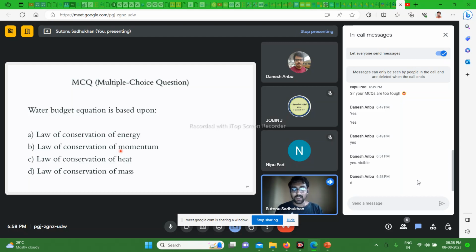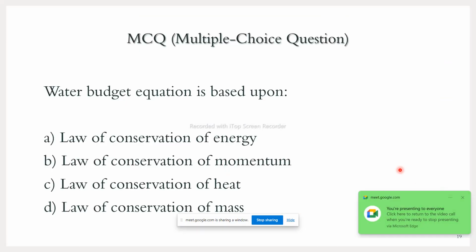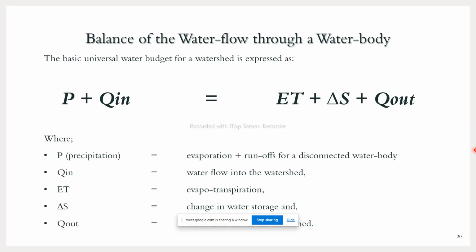And we'll come back with the answer actually, and we will see the water balance equation in detail. So what are the different components of the water flow through a water body, and how to utilize this equation for solving different numerical problems. Those are relevant to your assignments as well as your exam. So we will come into that, and we will also clarify any doubts you are having.